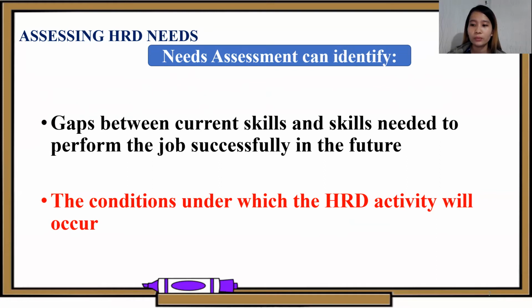And then, ano yung mga future work trends, yung paggamit nga ng technology-based na platforms. And then yung skills na needed for that is maging, yun nga, marunong ang mga gagamit ng mga platforms na to,